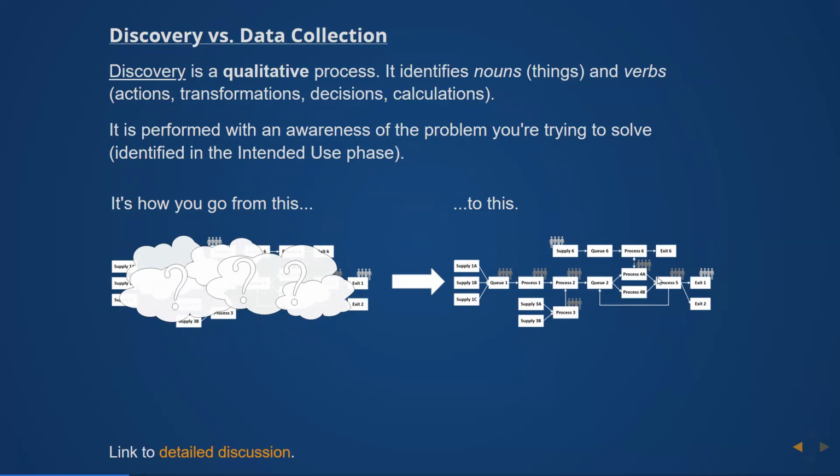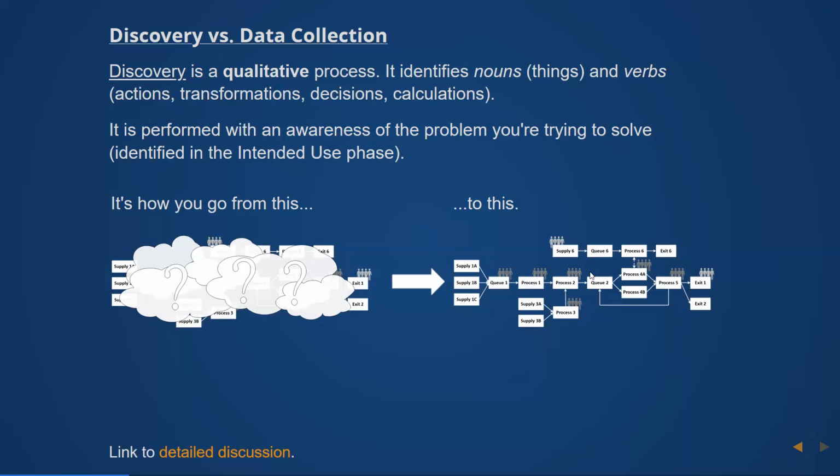That means the nouns could be different departments, different humans, different logical operations, and then the details are all the specific activities. So what you're doing is going from, we don't know what's going on, or there's a big blob, at least from the point of view of you as a business analyst, to a clear picture of what's going on